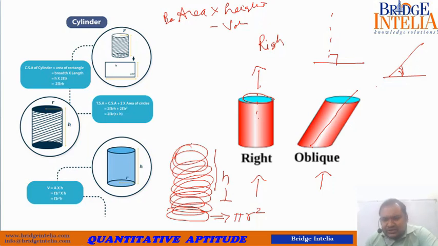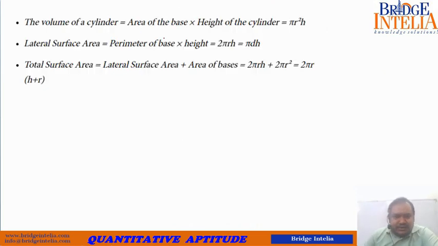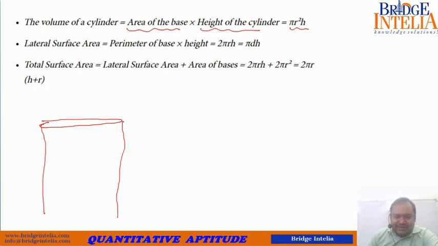Now coming to its total surface area and curved area. The volume of the cylinder can be thought of as the area of the base into the height of the cylinder, which you saw comes out to be pi r square h. Now coming to lateral surface area. As we have discussed a while ago, the lateral surface area of any three-dimensional solid figure is the total area minus the area of the upper and lower surface, or the base. So if you are trying to find the lateral area, you have to completely ignore the upper and the lower surface.